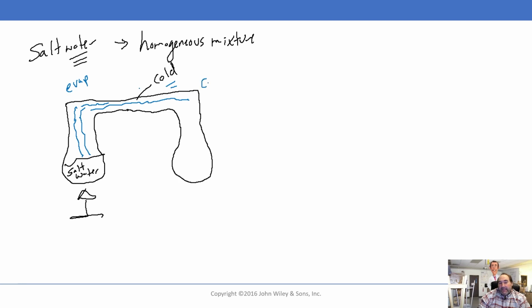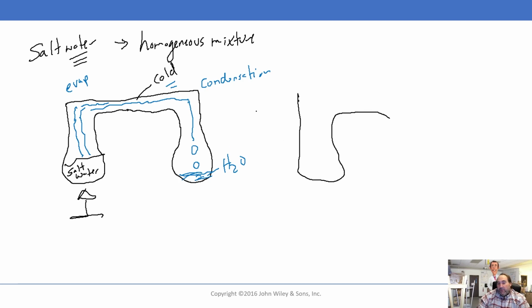That's going to cause the steam to go through condensation that we talked about earlier. And before you know it, over here on this side, we are going to start dripping out some water. And if we continue to heat this up, eventually what's going to happen is all of my salt water on the left-hand side here,